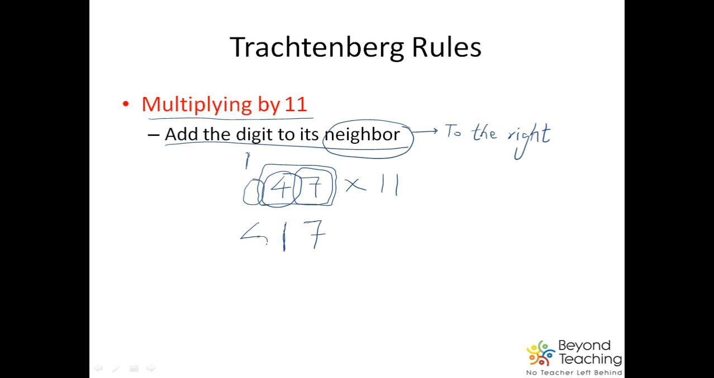So 1 plus 4, that is 5. Sorry. Okay, so this is how it works. Let me explain this again. If I have 47 times 11,